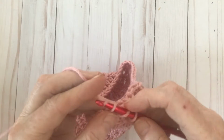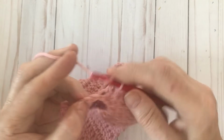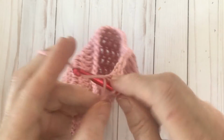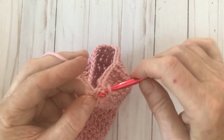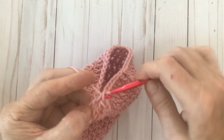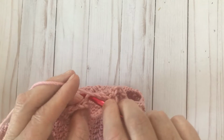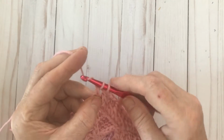Okay, so here's 1, 2, 3, into the next one, 4, 5, into the next one, 6, 7, and 8. Oops, so I make sure that it's the 8th chain here. 8, and then we're going to